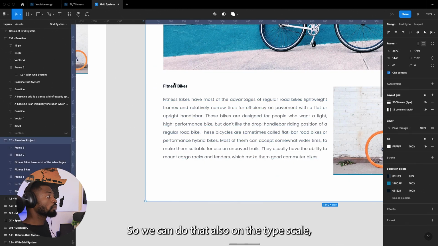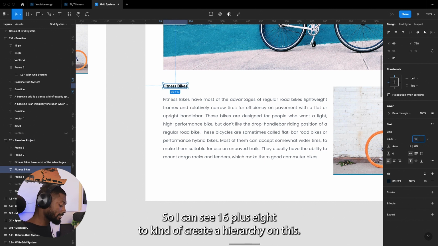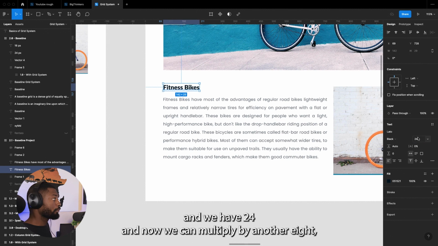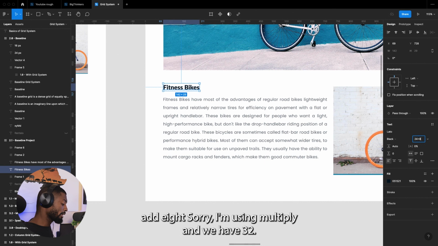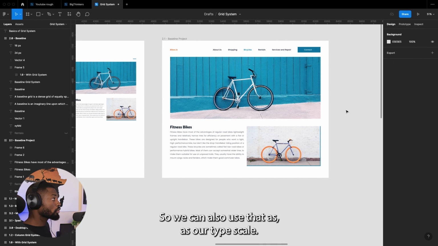So we can do that also on the type scale. This is 16. Try to use multiples of 8. So I can say 16 plus 8 to create a hierarchy on this. So I'm going to add 8, and we'll have 24, and then we can add 8 again. Sorry, I'm using multiplier, and we'll have 32. Good. So we can also use that as our